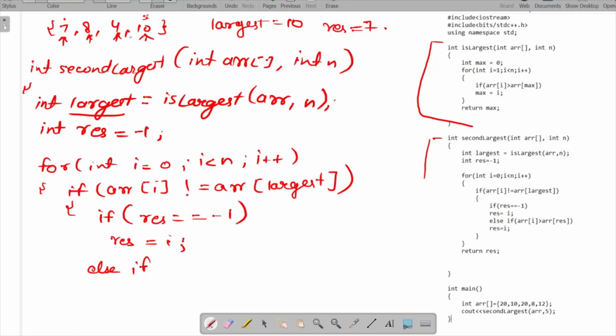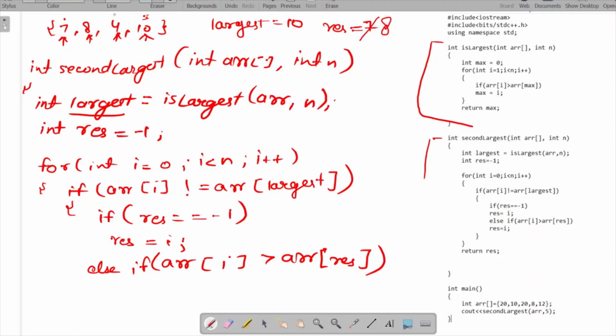So in this time we cannot enter this if condition, so we have to check the other if condition, which is if array of I is greater than array of result, which means that the current value is greater than the previous value of result. So 8 is greater than 7. Yes, so we will update the value of result as 8. So now we have the second largest as 8.